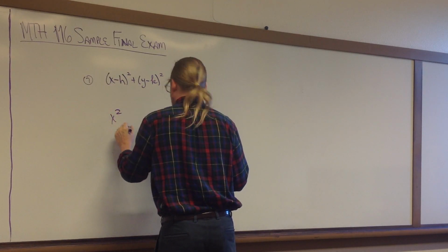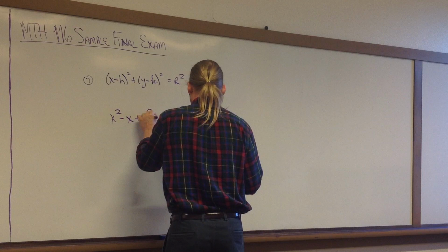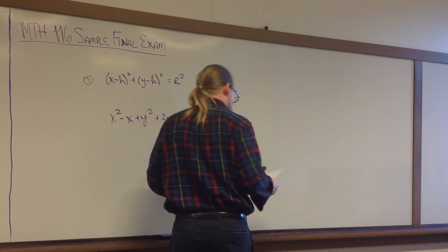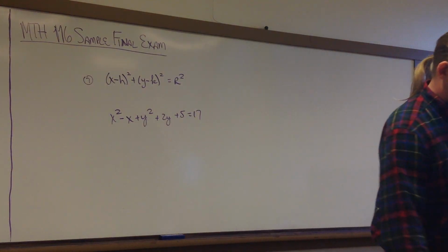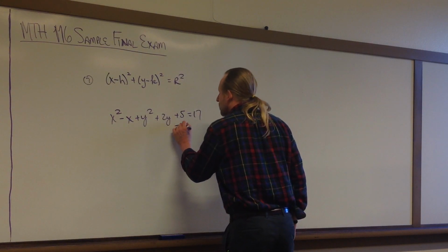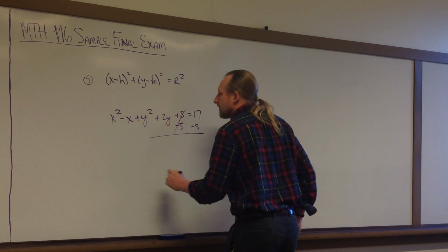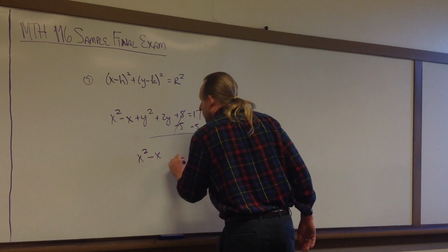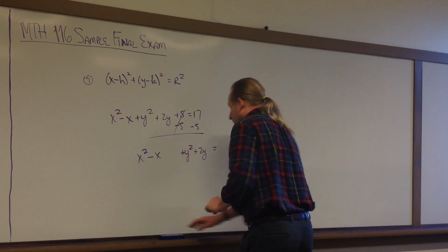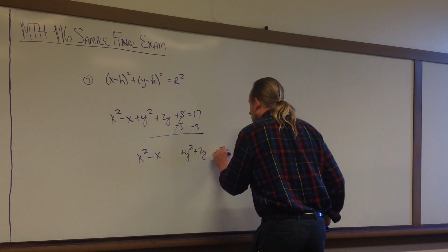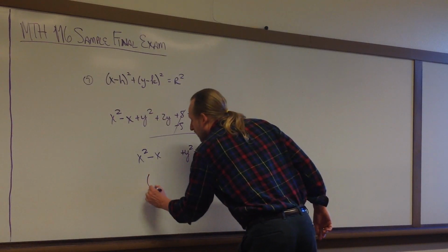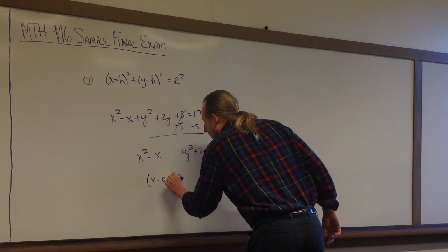And we want to take this, x squared minus x plus y squared plus 2y plus 5 equals 17, and express it in standard form. Okay, so I usually like to clear out any constants over here and then leave a space to complete the square. There we go. All right, so for the x here, this is going to be x minus a half